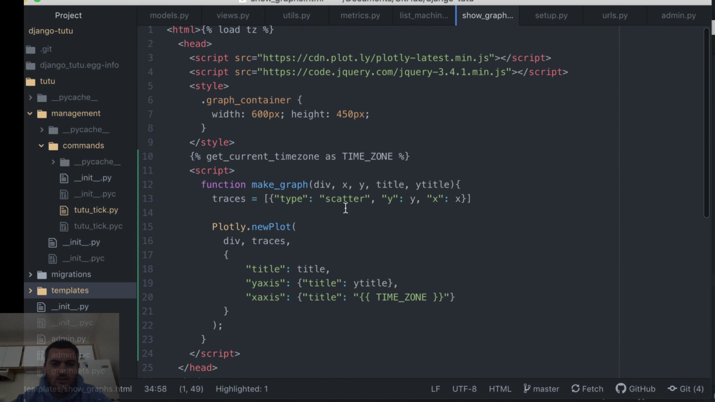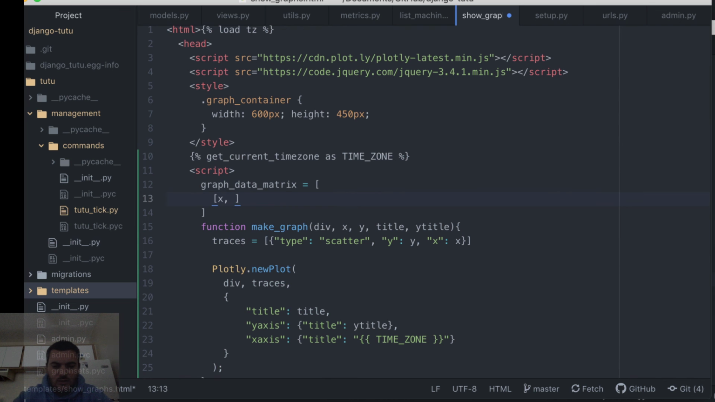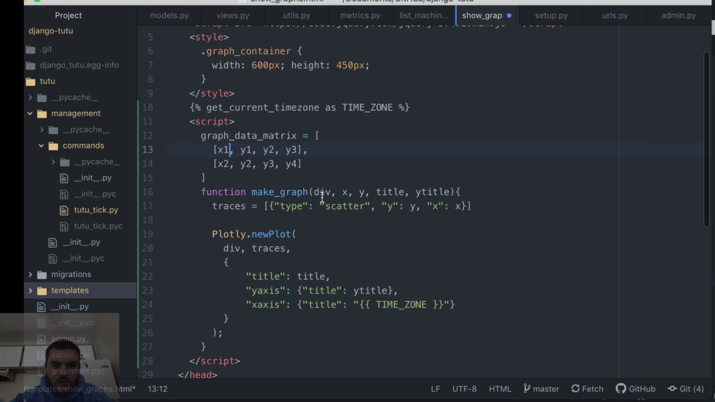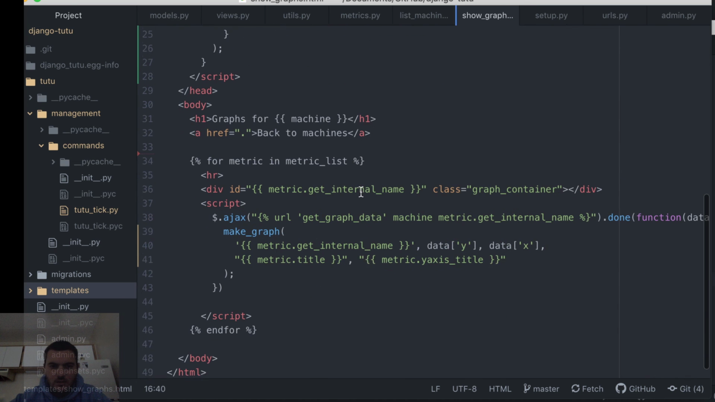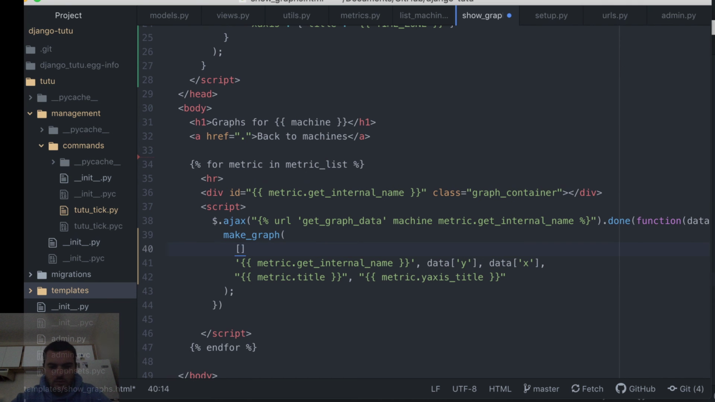So eventually I'm going to redo this so that there's, I'm just going to call it a graph data matrix, and it will kind of be a list, and it'll have the x value and then y1, y2, y3, and then x2, y2, y3, y4. And so then when I do the plot, instead of passing x and y, it'll be like columns. And so we'll pass in like 1, 2, 3,